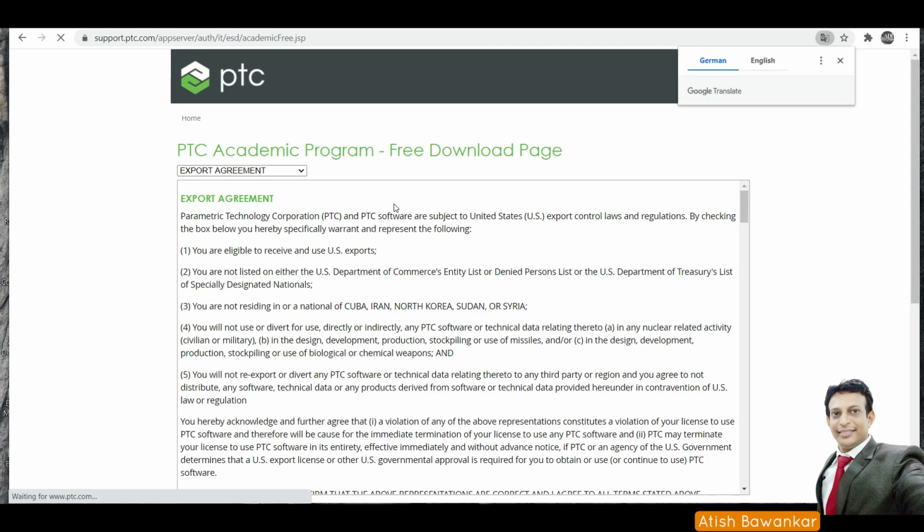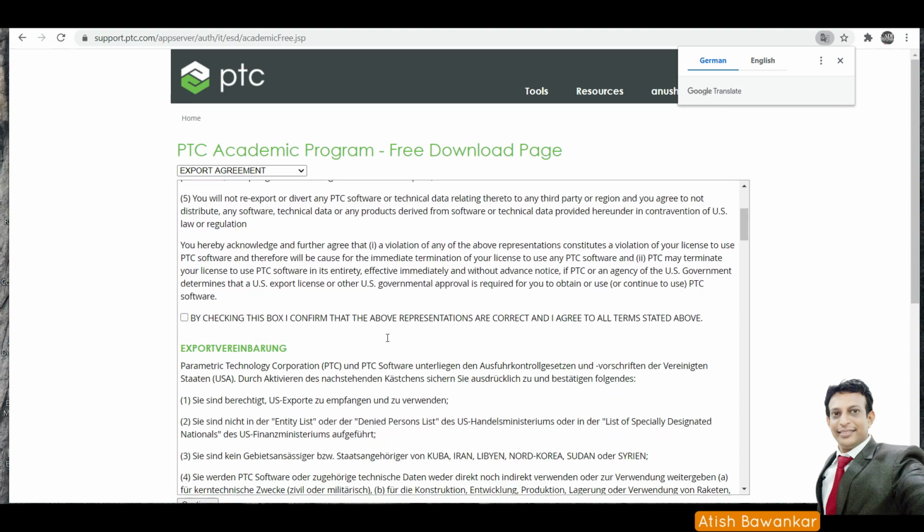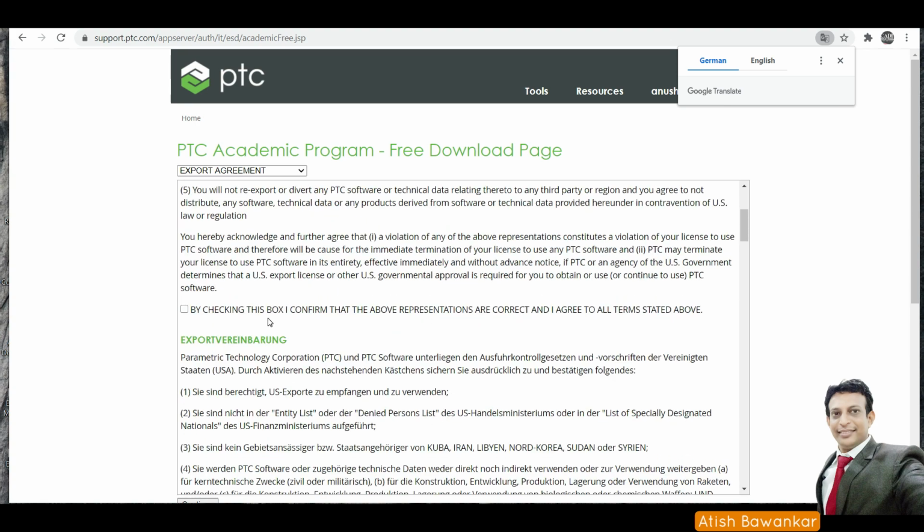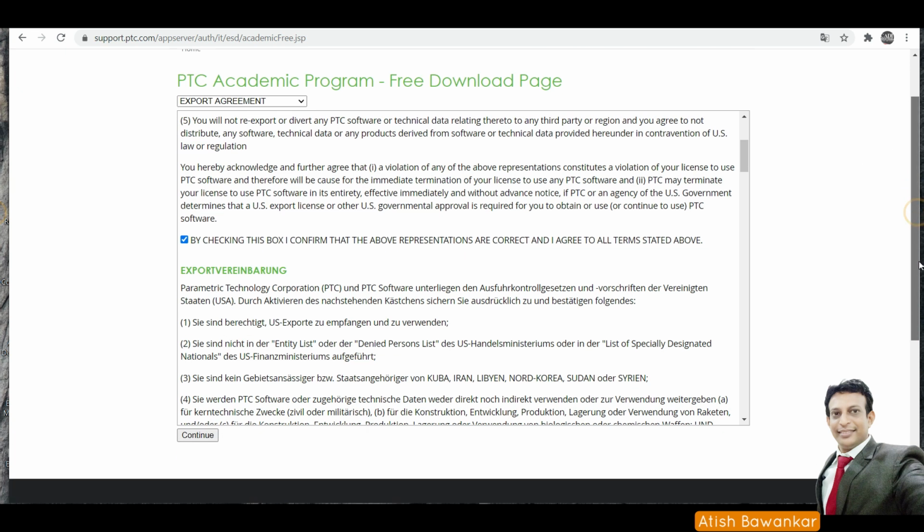Once you click, it will open the export agreement page. So here you will find the terms and agreement conditions in different languages. I used to choose English language and click here to agree with the export terms. Now say continue.